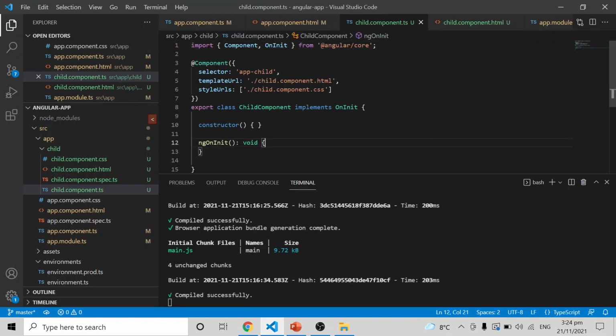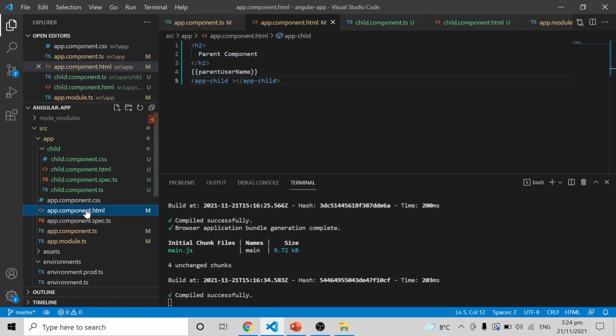Let's go back to the code. I am not doing the same scenario here; I am just giving you a simple example. Here I am considering app.component.html as the parent component, and child.component.ts or html as the child component.